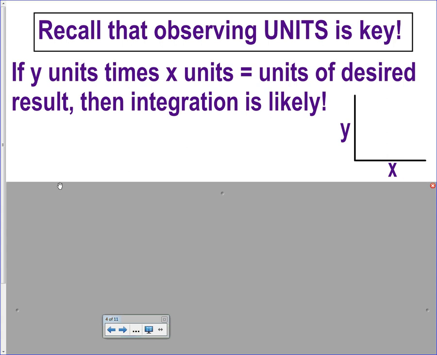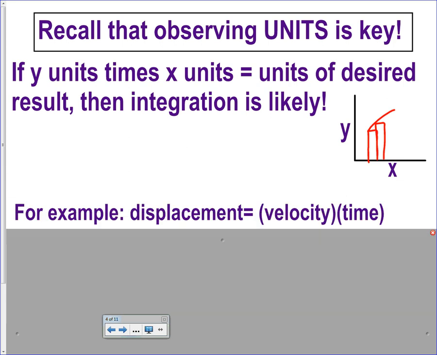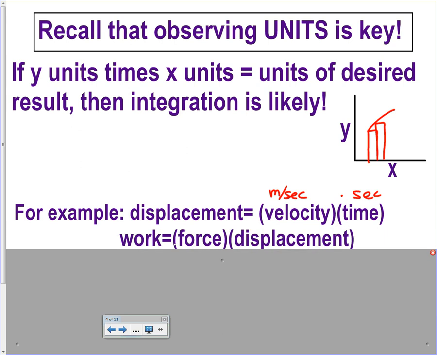So just like we did in the area, you're taking the y units times the x units. Keep in mind that if you're looking for displacement, that means velocity times time, meters per second times seconds. Work is force times displacement, so like foot-pounds, or the definition of joules is